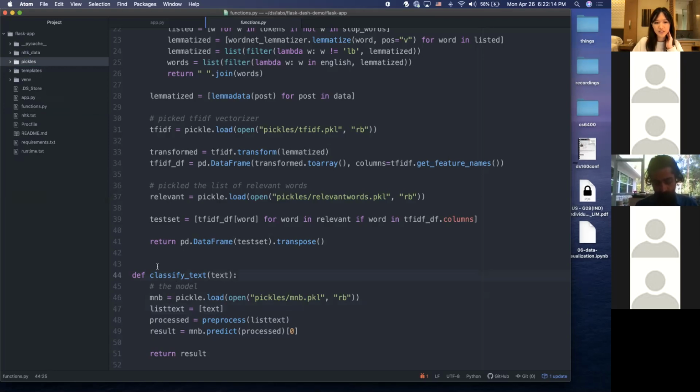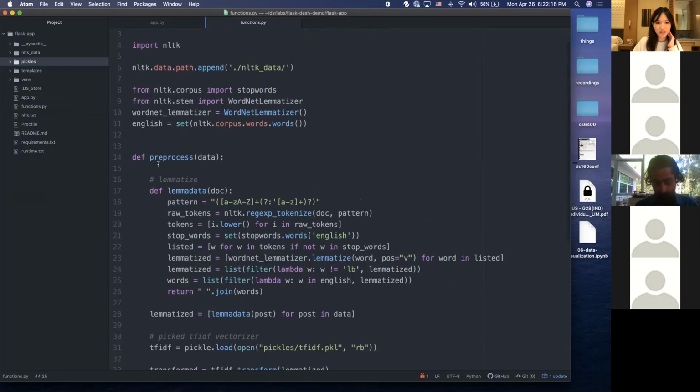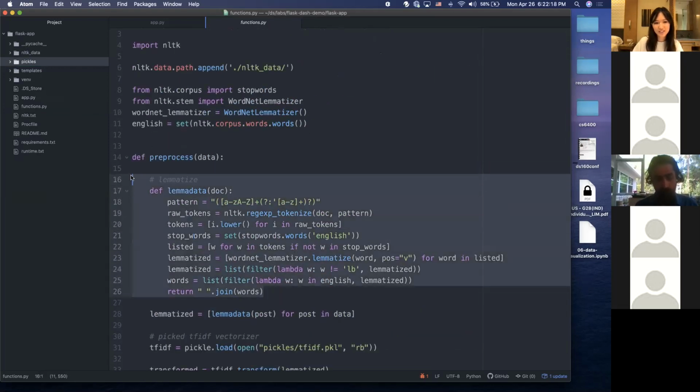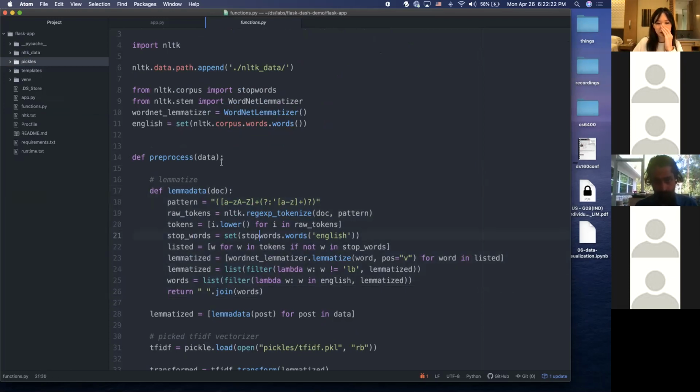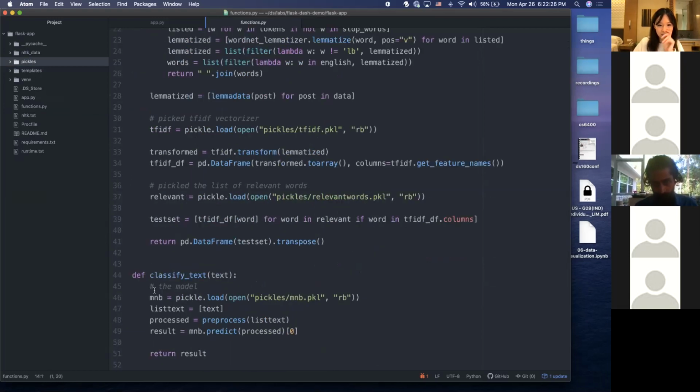And then as you can see here, I have two main functions, a pre-process function. I don't know why I defined a function in a function. Don't do that. Don't do what I did. But I have a pre-process function that I use here. And so this takes in raw text and then spits out either a 1 or a 0, depending on what class it is. And then therefore, when I go back to the app.py,